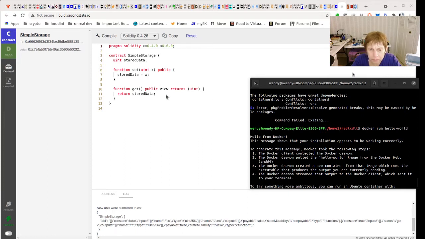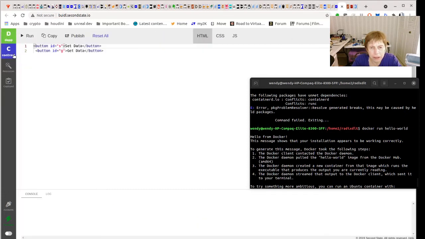I'm looking at the blocks right now. It's taking its time. But anyway, the other thing you can do here is if you go into DApp,